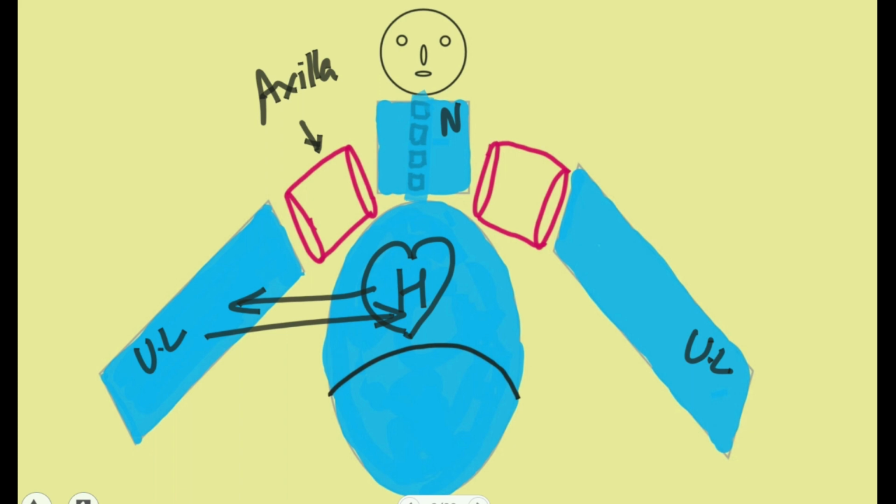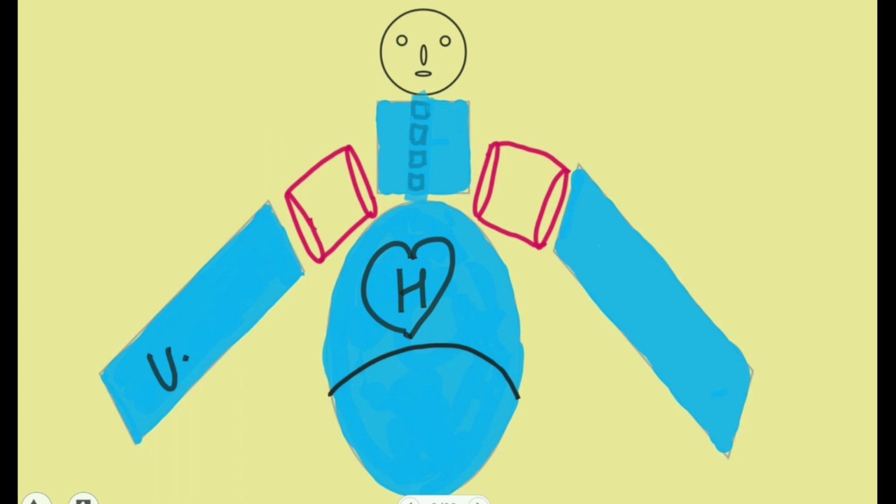The question is how these arteries travel towards the upper limb and how these veins come out of the upper limb. Now concentrate on the artery of the upper limb. The origin is the heart. From the heart, the artery will come out and it will reach the neck, and from the neck it will move towards the axilla. And from the axilla it will reach the upper limb. This is the route of the artery coming from the heart towards the upper limb.